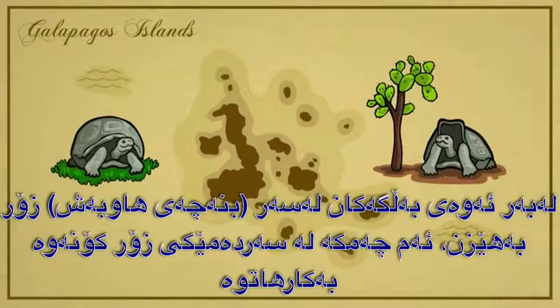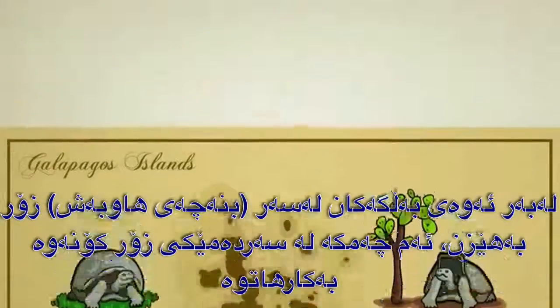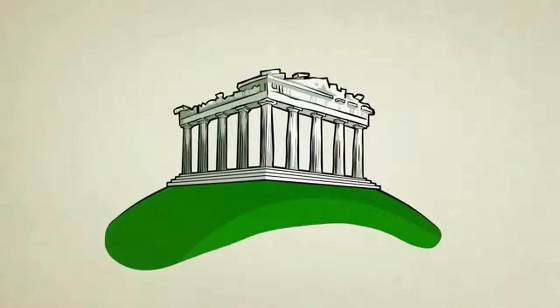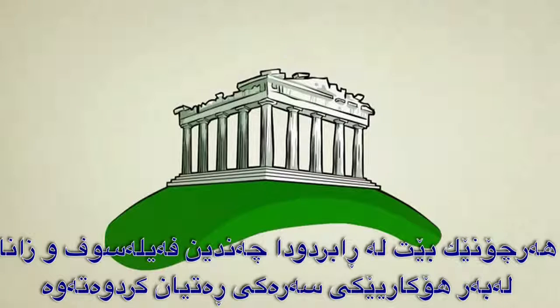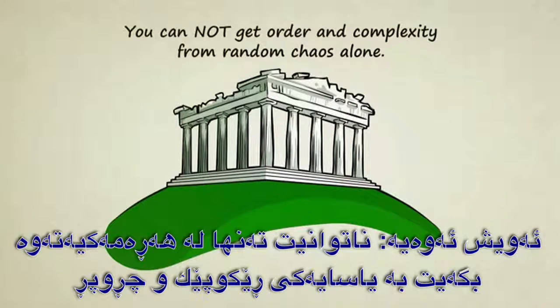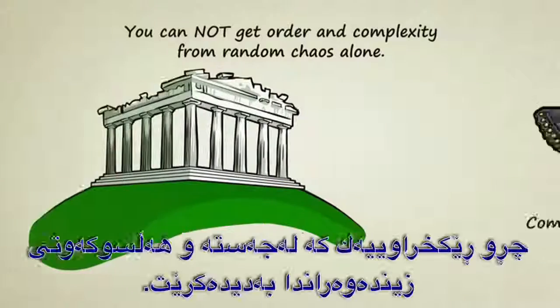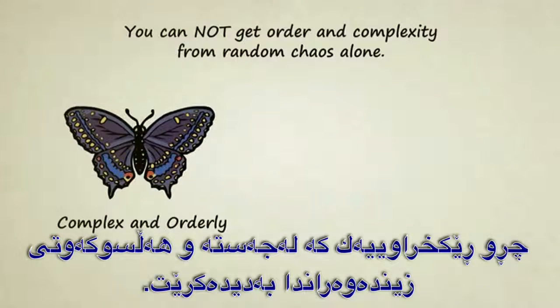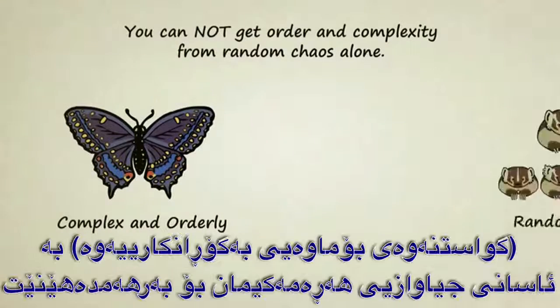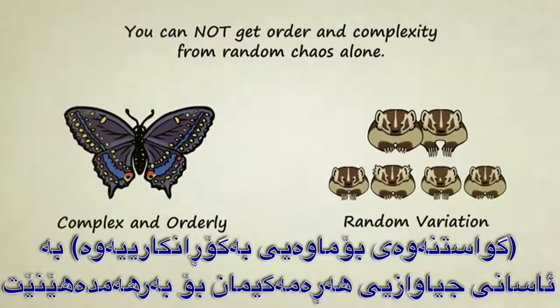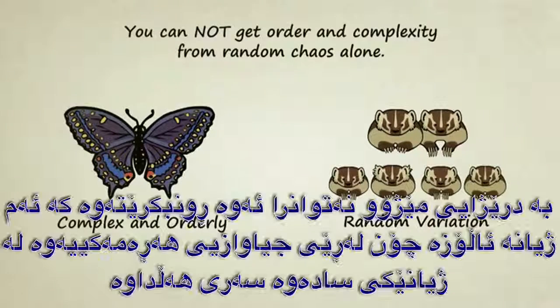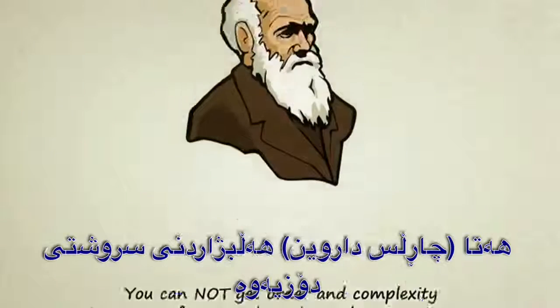Because the evidence for common descent is so overwhelming, the concept has been around since ancient times. In the past, however, it was rejected by many philosophers and scientists for one main reason. You cannot get order and complexity from random chaos alone. The bodies and behaviors of living things are extremely complex and orderly. Descent with modification simply produces random variation. All through history, no one could explain how complex life arose from simple life through random variation until Charles Darwin